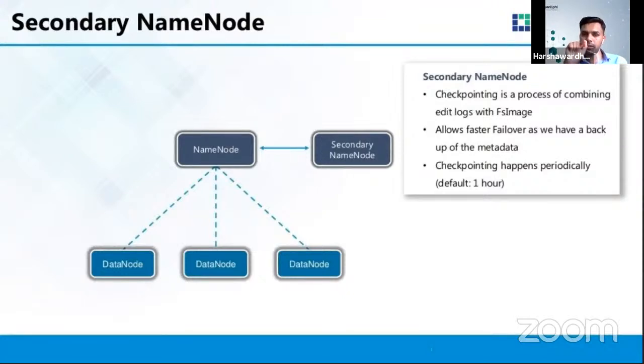It requests the name node, you give me your main memory image as it is. What is there in your main memory as a part of name node, as a part of master. And then it keeps all this information. It keeps the logs, edit logs, and it will keep the information with secondary name node. Now, secondary name node will not keep that information in primary memory, but in the secondary storage, that is hard disk, right?